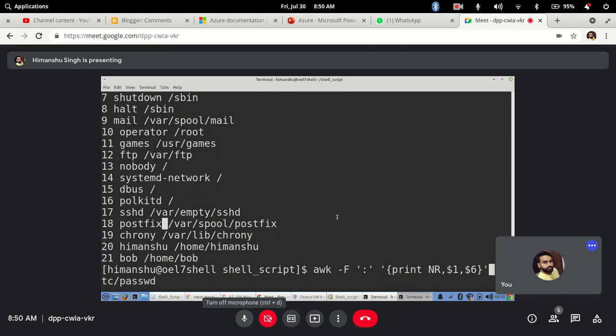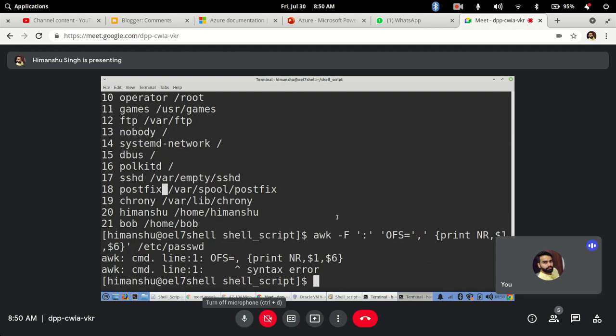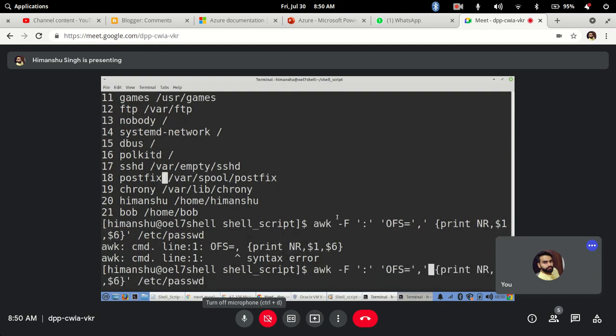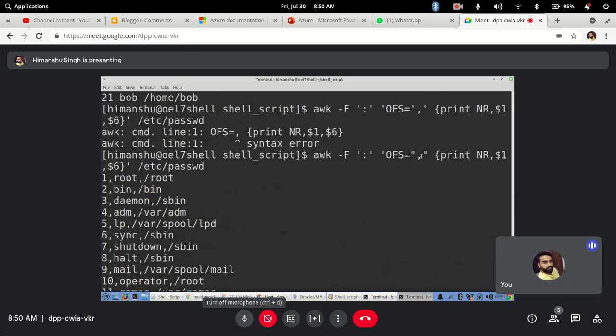So what you can use here, inside the single quotes, is an option called output field separator, equal to comma. Hold on, output field separator. Okay, see, now the field is separated by comma here.